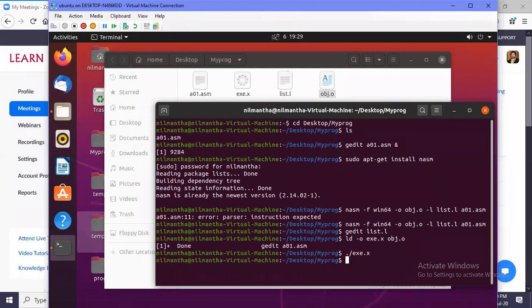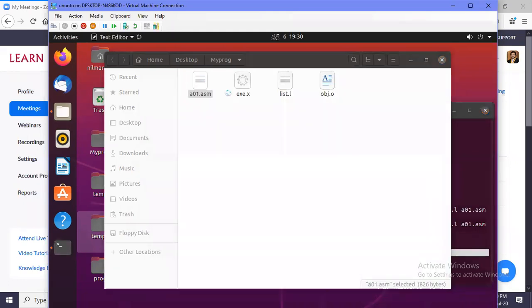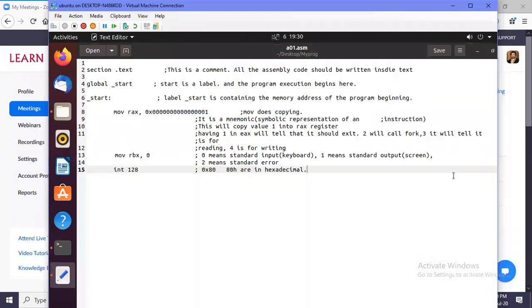So what happened? It ran, but nothing happened. Nothing happening is what we wrote. When we ran this executable file, this assembly program ran. It will just open and exit, nothing else.